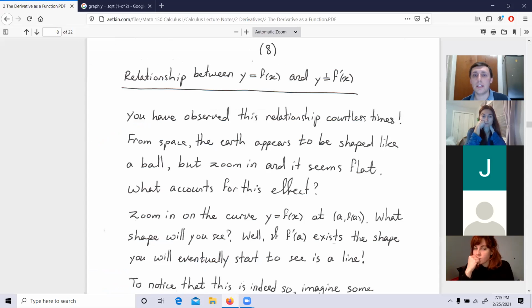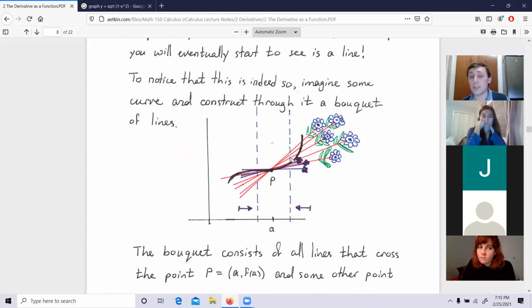Now let's see if you understand that idea, guys. Here I try to illustrate what happens with a bouquet of flowers. If you're looking at this curve, you can see the red lines that you can draw. There are many angles that you can make. The angle can be pretty obtuse. But as you are narrowing your view, as you're zooming in around the point P, your x is closer and closer to the value a, which means that the possible points on the graph that you're seeing have x closer towards a, which means that you are going to see the tangent line.